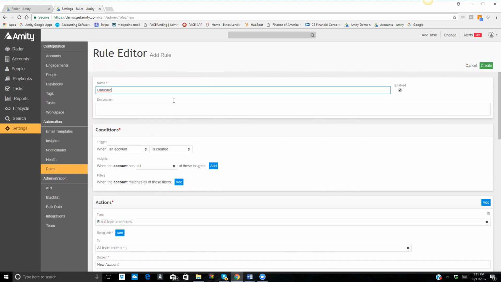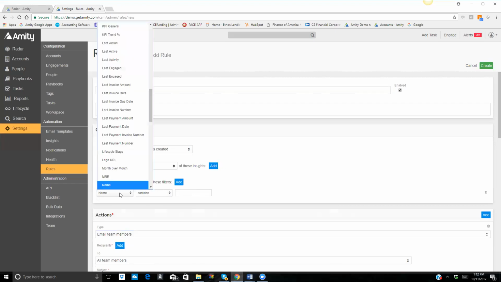Now I'm going to add a filter to this rule. So say, for example, you have a different onboarding process for a tier 1, a larger account. You could also use this as an example if you've got a different process for different types of solutions that you offer. But in this case, I'm going to follow the tier 1 option. So now I'm going to filter in a little bit more. I'm still going to rely on a trigger, but now I'm going to add a filter. I'm going to hit add,